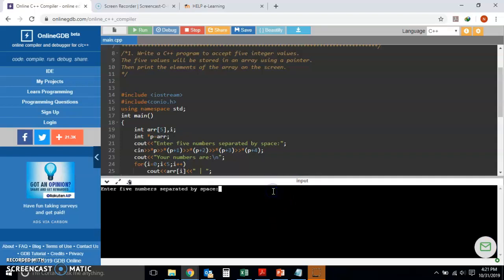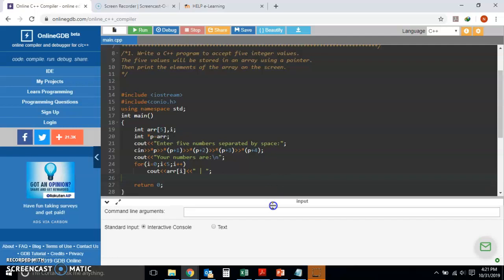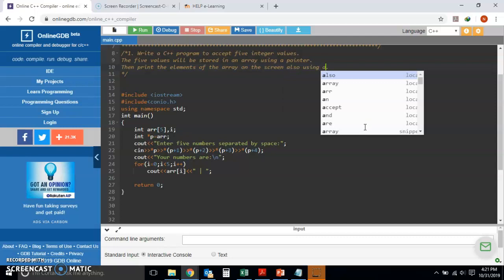Right, so 1, 7, 2, 9, 11. So it just goes like that. Alright. So then we go on to the next challenge, a mini challenge so to speak, where printing of the elements is also using a pointer,